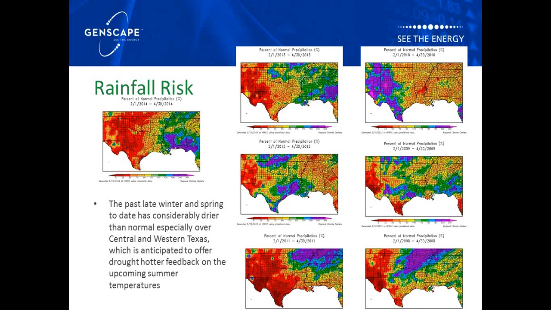The next graph up, the center left, 2012, you can see that we had a much wetter spring and did not have the same drought conditions or experience the same extended periods of hotter than normal temperatures. So this year it really falls in between, with closer similarities to 2011, where we still had well below the percentage of normal precipitation across the majority of Texas, but more precipitation in the far west and southern regions than we had in 2011.